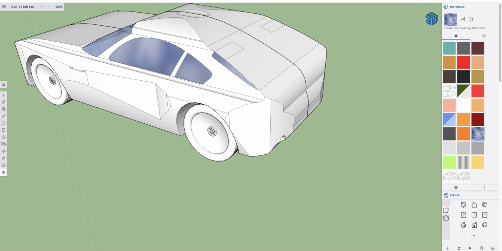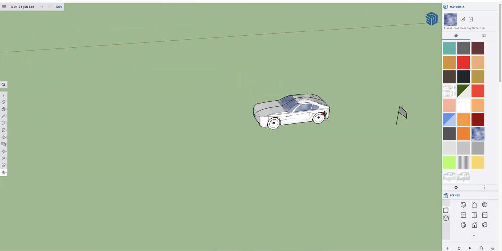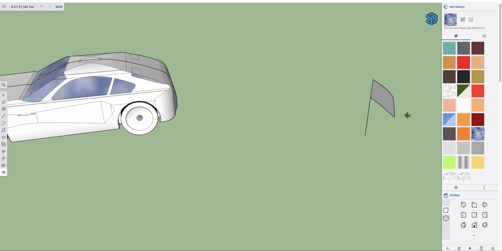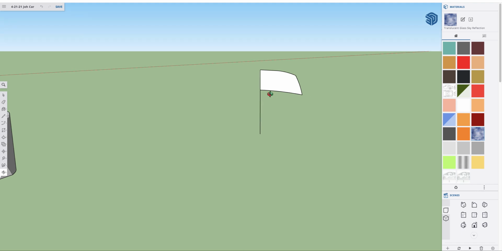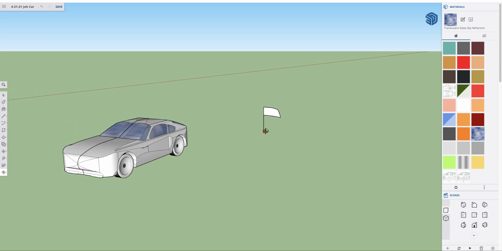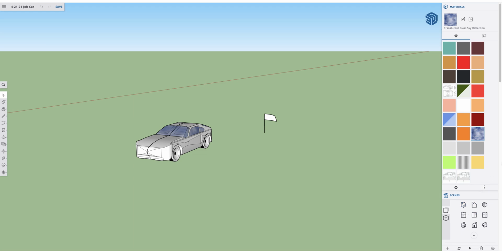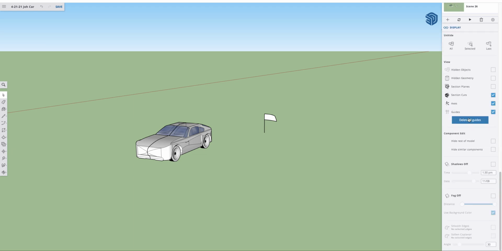The way we do that, it's the same process, but this is actually the trace of the half of the front windshield, and it has a line that's my reference point down to the bottom of the car. This is the center line, and that line takes me to the bottom of the car. So when I unhide this,